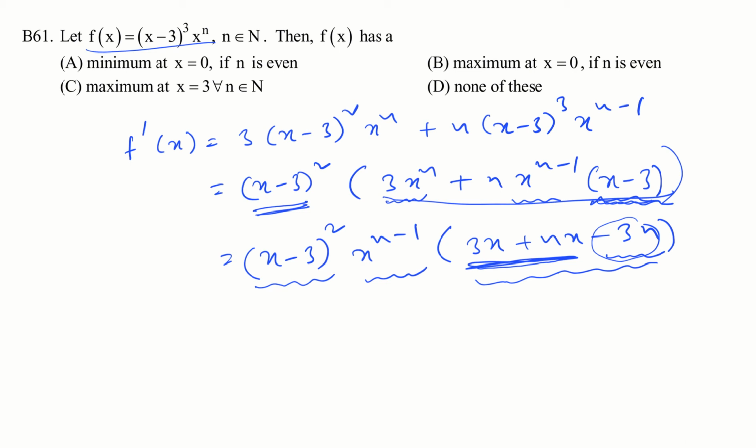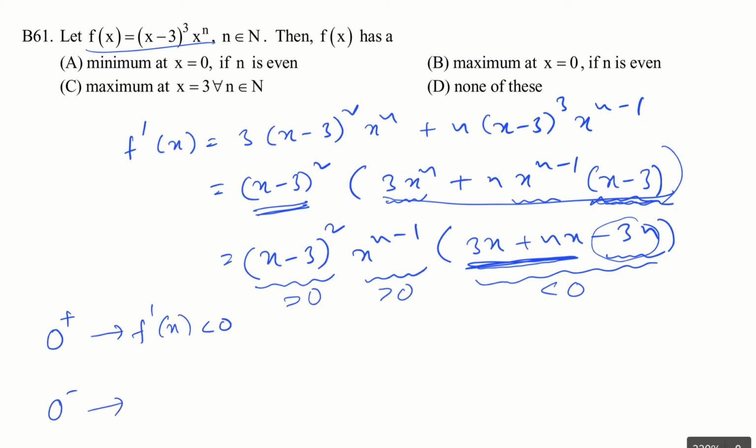this part is negative. Therefore, this whole bracket is coming out to be negative. So I observe that the whole thing, this is positive, and this bracket is negative. Therefore, the whole thing is negative when I am to the right of 0. So let me write it as when I am to the right of 0, the derivative f dash of x is negative.